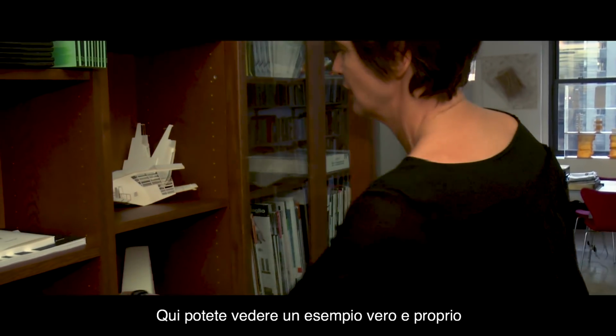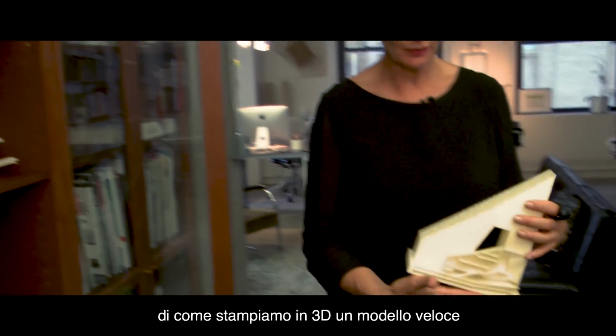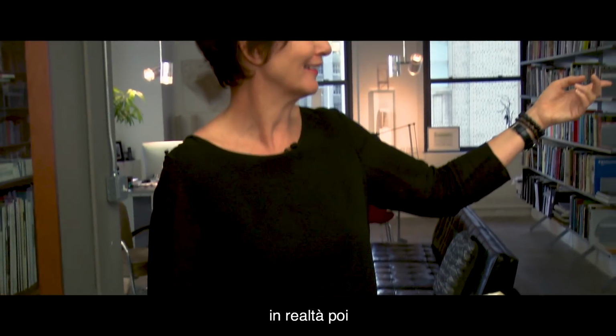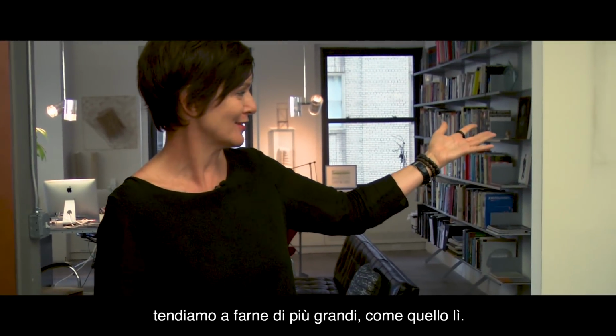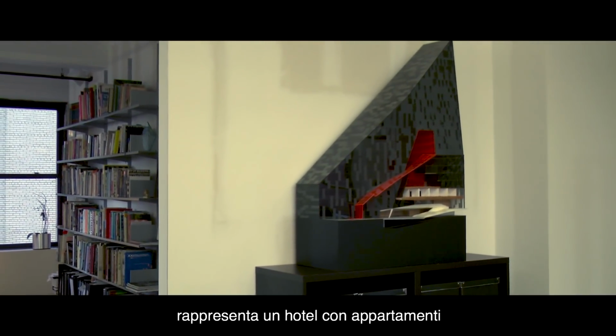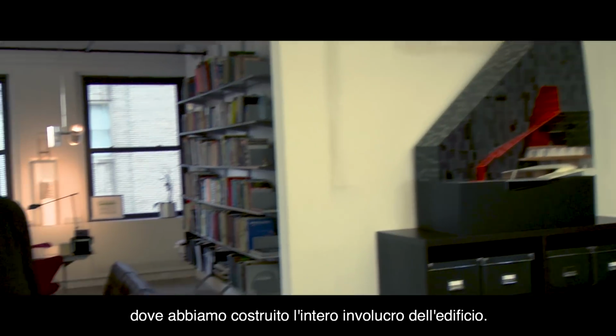So here you actually see an example of how we 3D print very quick studies, but then we very often end up doing a much bigger model like this one here. This study was actually a very interesting study for a hotel with condominiums where